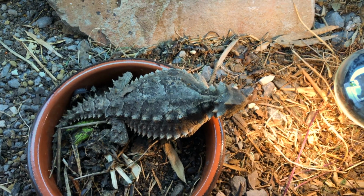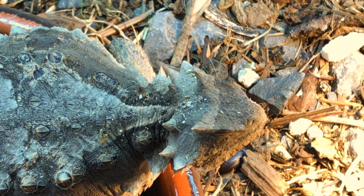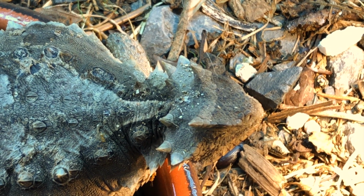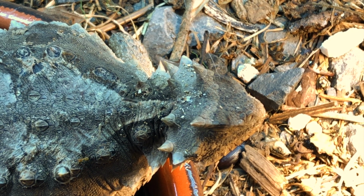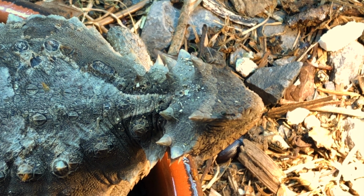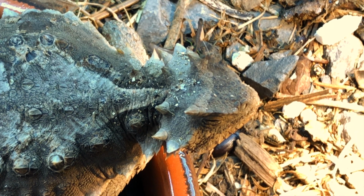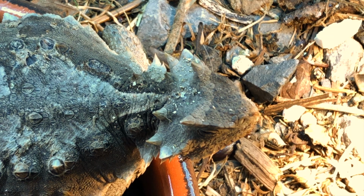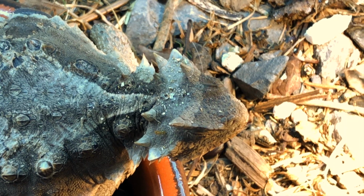Right now, if I zoom in, you can see he's got his eyes closed. But the ants are scurrying all over his head. They're completely oblivious to the fact that he is going to scoff them soon. He's just going to sit there, blending in beautifully. There you go, look, he's just starting to open his eye. In a moment, he's going to start flicking that tongue out. He'll get his head in that bowl, and he'll start pinging away and scoffing those ants. So I think we'll leave him in peace now,